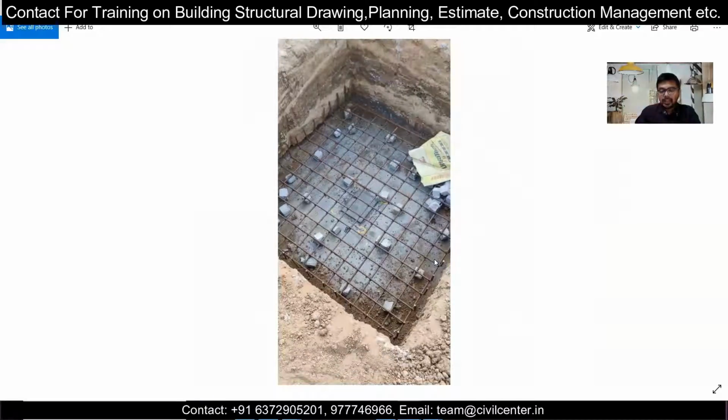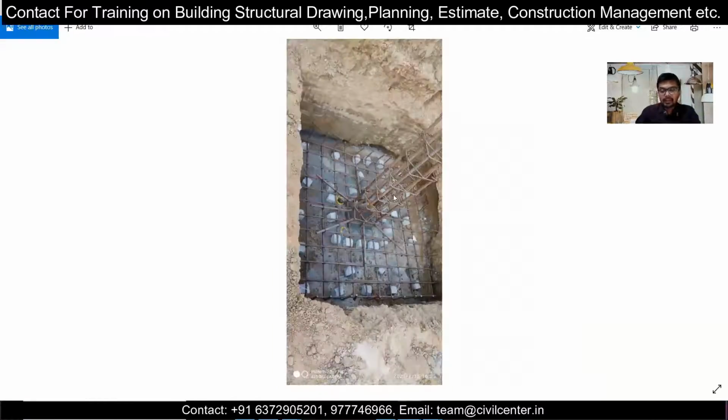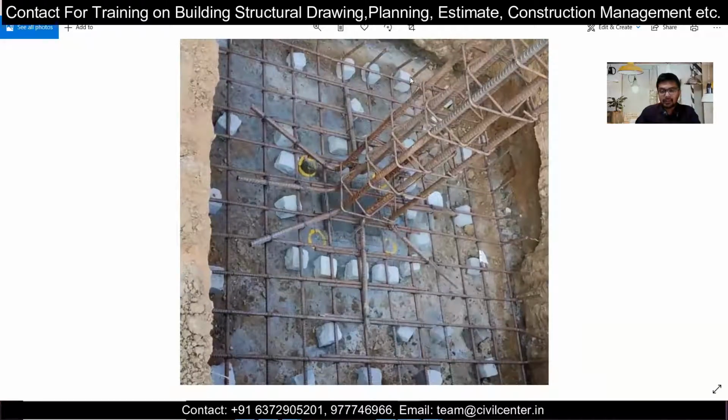Some footings may have double reinforcement, one at the top and one at the bottom. In this footing, we only have it at the bottom. The footing reinforcement is placed with the help of cover blocks, as you can see here, and then we place our columns. When you place our columns, we have the development length of columns. Many students who are new, freshers, civil engineers, do have doubt about this. We have provided a length of 300 mm, and 350 mm in some places, for this development length of your column and footing intersection.